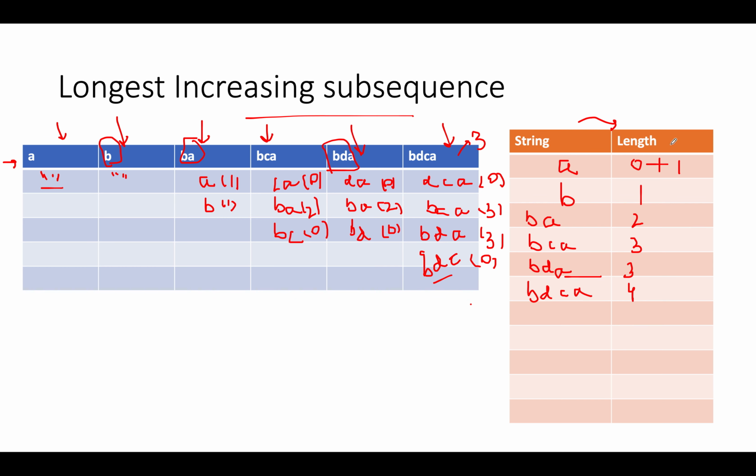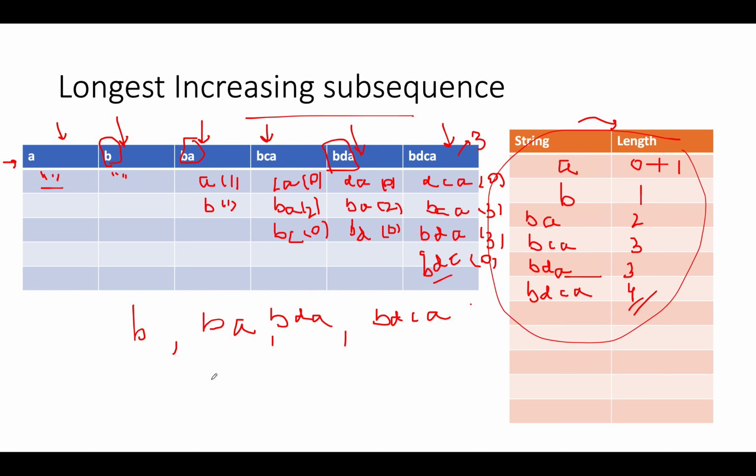So in this complete map, what is the maximum length that you can fetch? The maximum value is 4, so 4 is the answer. Which actually makes sense because there are two such possibilities. One being BA, BDA and BDCA. So this is one example that I have written here. There are multiple that exist, but the length is 4. So let's move on to the coding part.